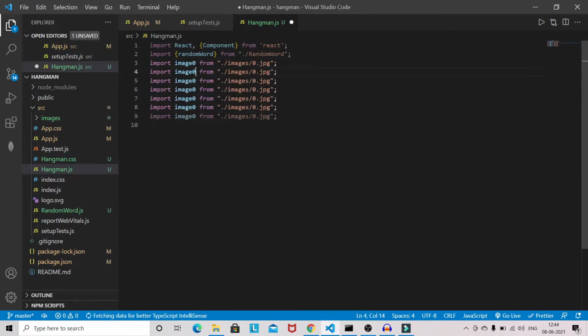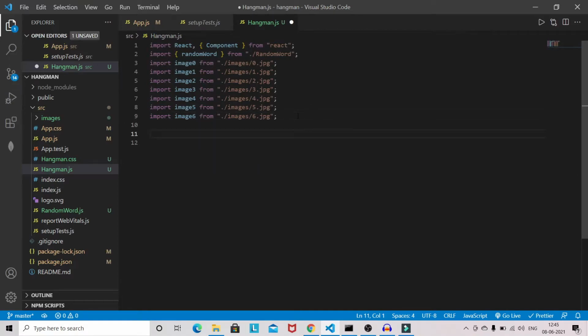We have 7 images, so I will give the numbering like this: 0, 1, 2, 3, 4, 5, 6. Okay, so we got the numbering.